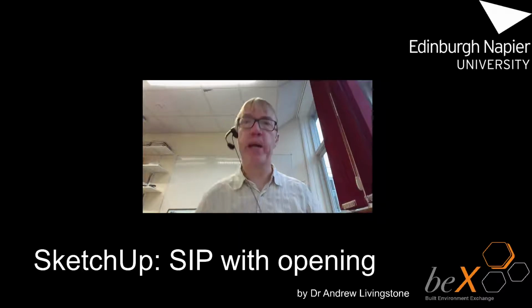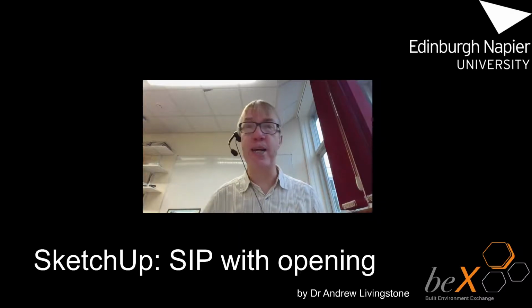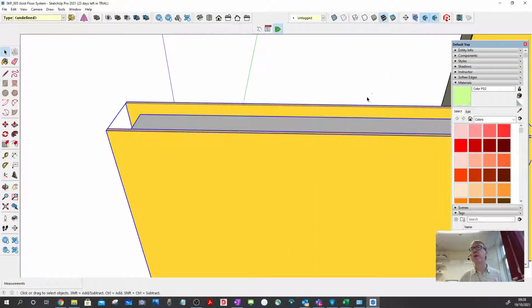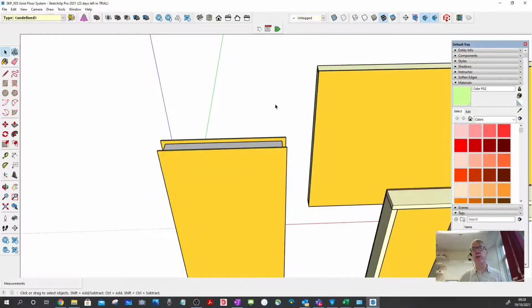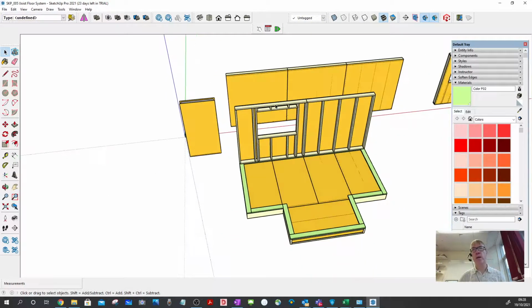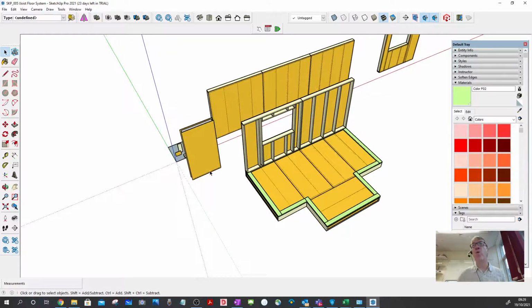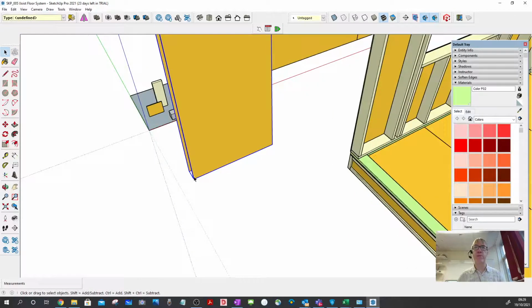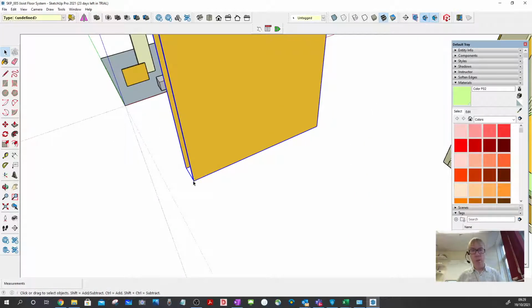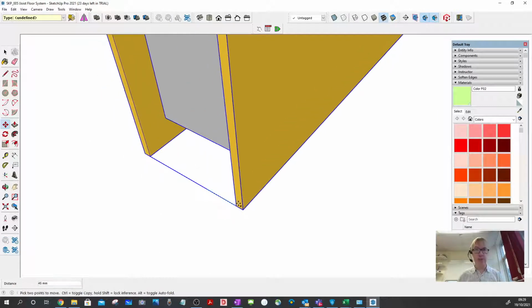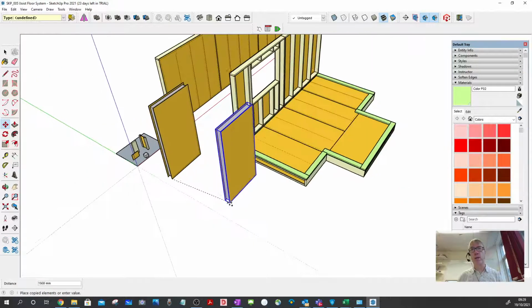Okay, welcome back. On our last tutorial, we looked at creating a simple SIP panel. This is what we had before. And all we want to do now is place some of these panels in a location on the building, and then we'll want to put a hole in some of them for a window, or perhaps even a door. So if I move this panel into place, and I'll keep the original one there,